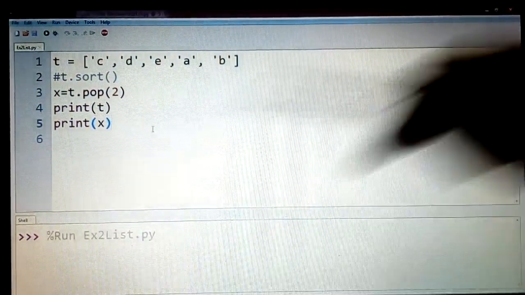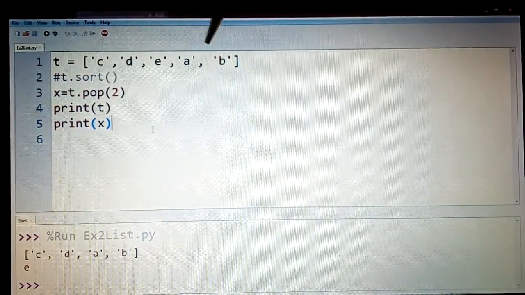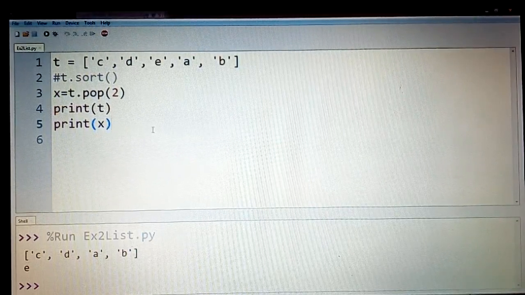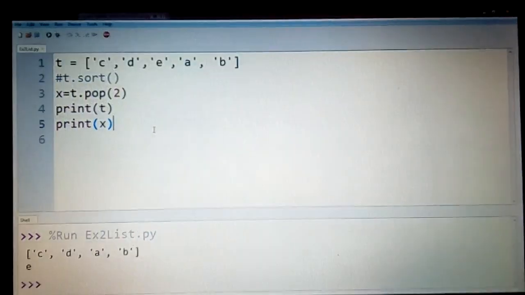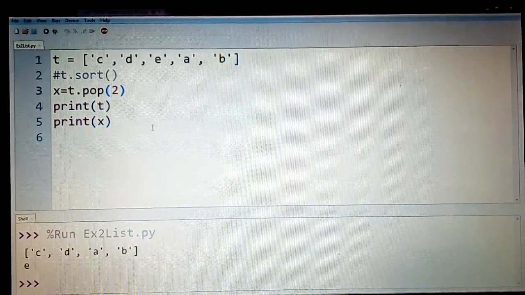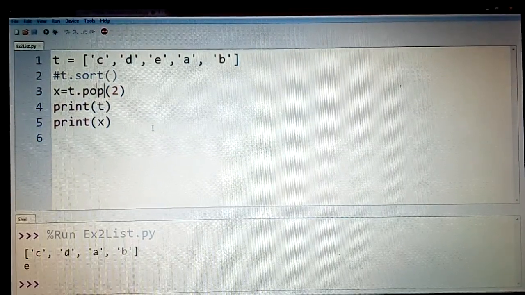So let us execute this. I would get c d and so on, because I have not sorted this, but if you sort it and then apply it, even that is acceptable. So here e is not shown, so e is removed. So this is used when you want to return an element which you want to specify and accept from that pop.